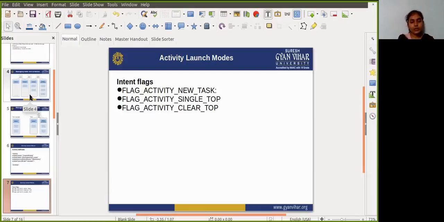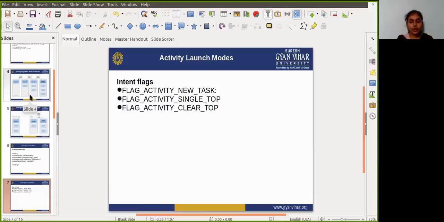So the specific intent flags are used to control activity launch mode, either in conjunction with the launchMode attribute or in place of it. So intent flags always take precedence over the launch mode. Okay.